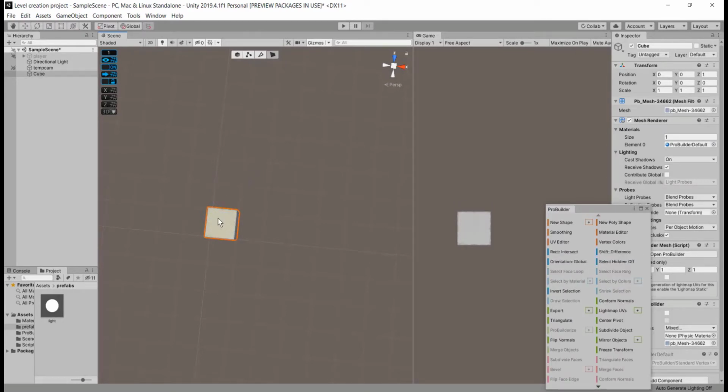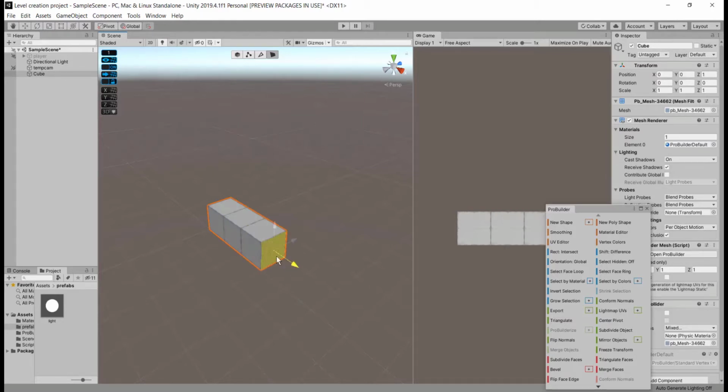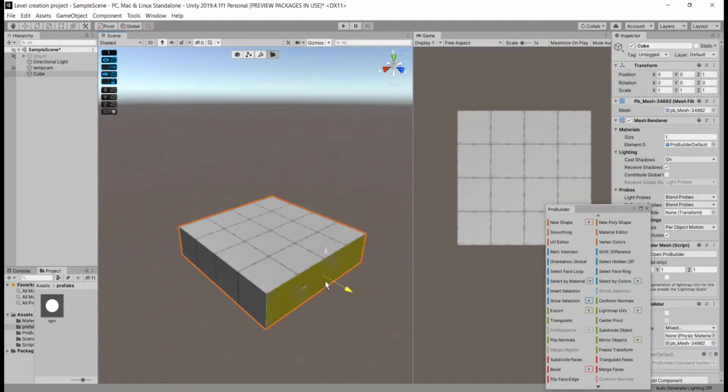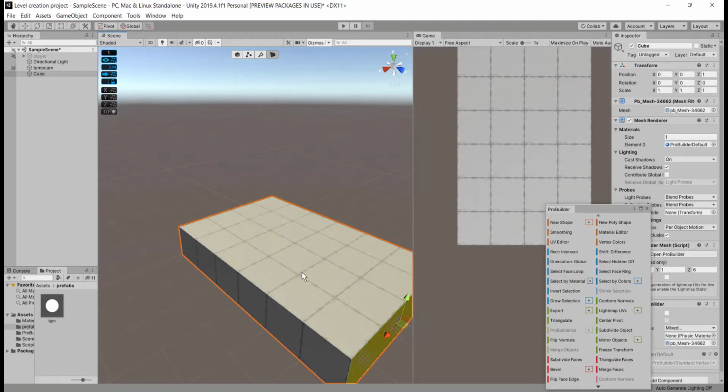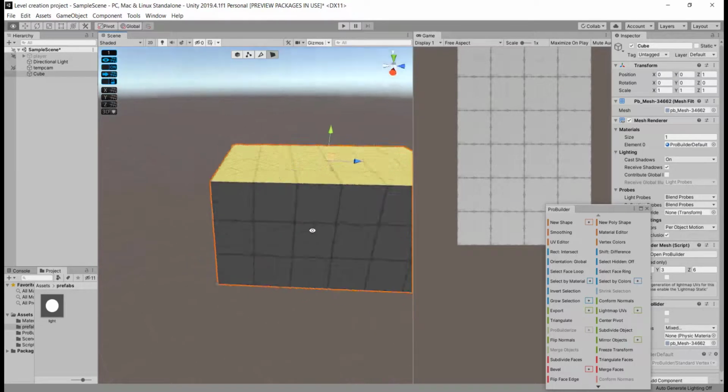I think you can see when I hover on the object, each face gets highlighted. When I click and drag along one of these axes, you can see our cube gets scaled along that axis, creating a new shape.